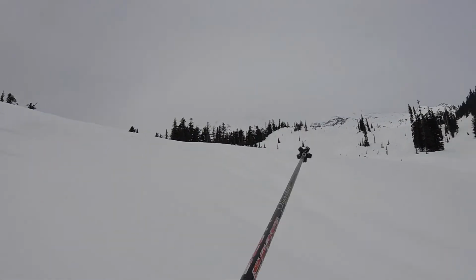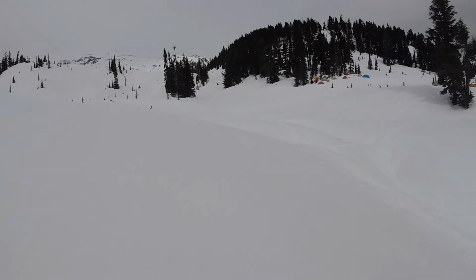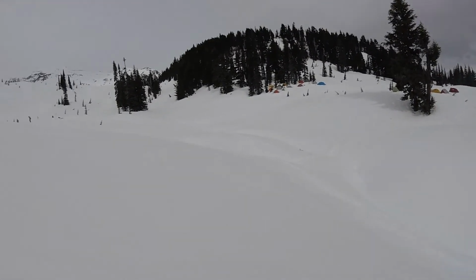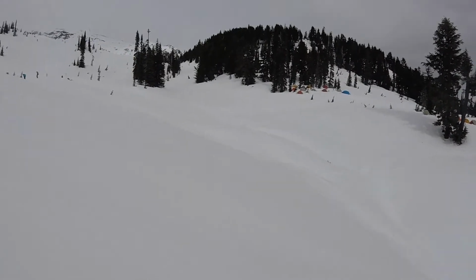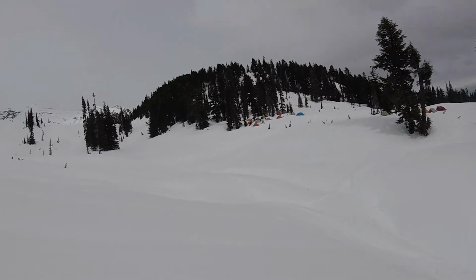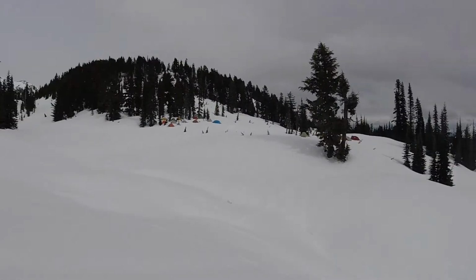But the mountain is still playing hide and seek. We promise there's a mountain right there in front of us. Yeah, I swear there's a very large volcano right there. But it's time to scoot. All these tents are here for a very good reason. This is the designated winter camping area for Paradise, where you can come out,